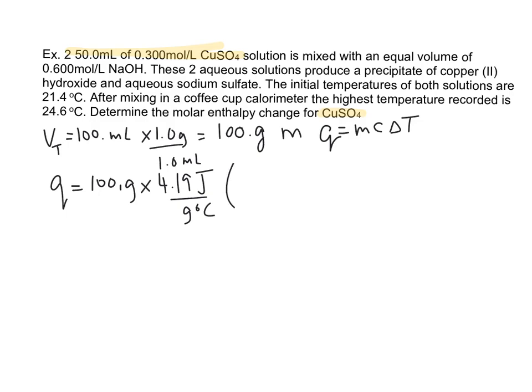And our temperature change is 24.6 minus 21.4. You could just calculate that before you plug it in, or you can show your calculation there, but basically it's 3.2 degrees Celsius. So, plug these numbers in your calculator, and you get